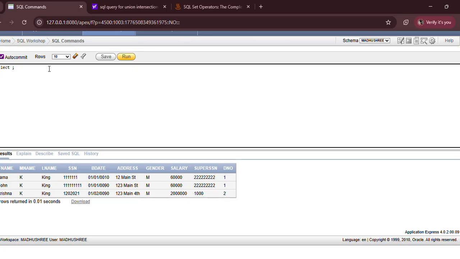Select first name comma last name from employee 1, then union select the same. The column names must match, so both should contain the same values, otherwise it will throw an error. So last name